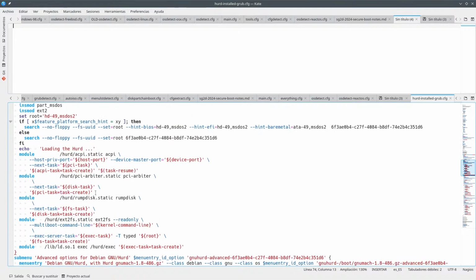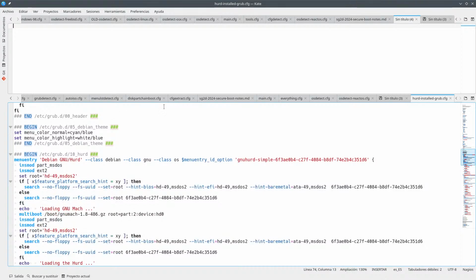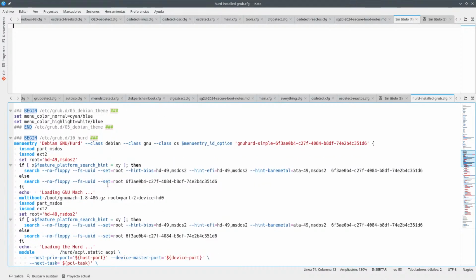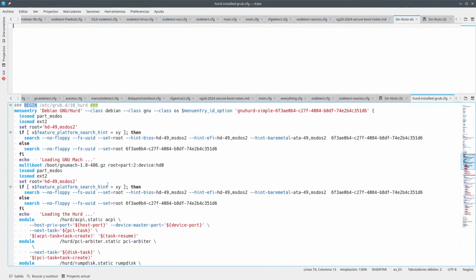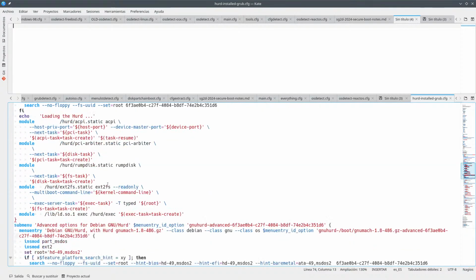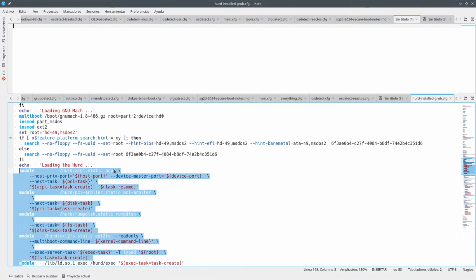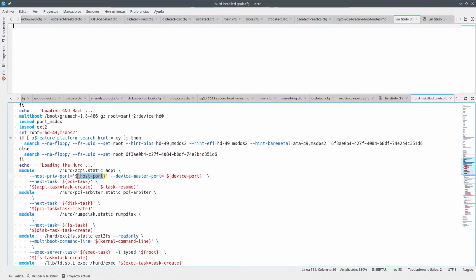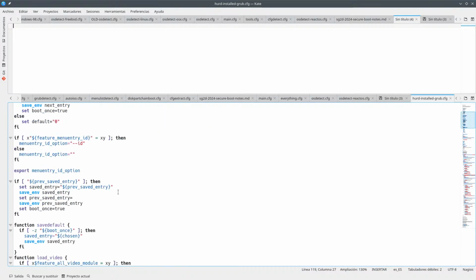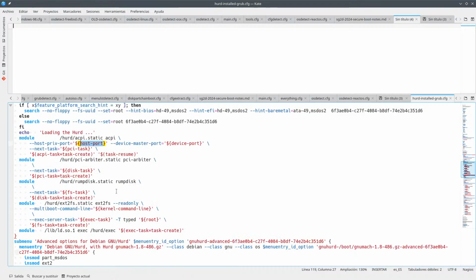So advanced options. No, I want this thing in Debian New Linux. And you have a lot of parameters here, so I can just copy and paste everything. So I want to check this host port thing. Is it defined somewhere? No, it's not.